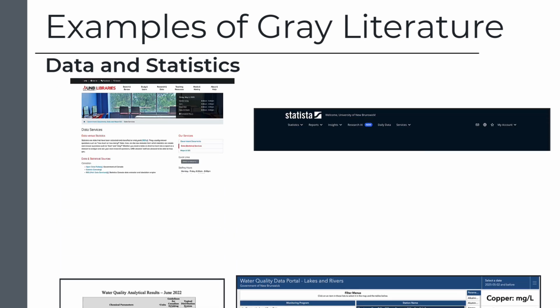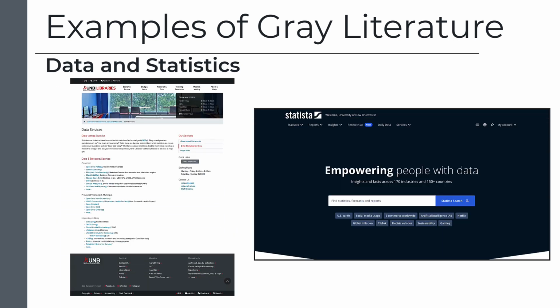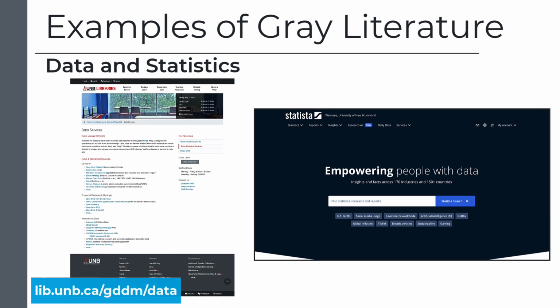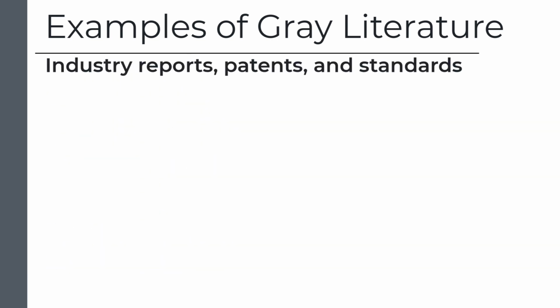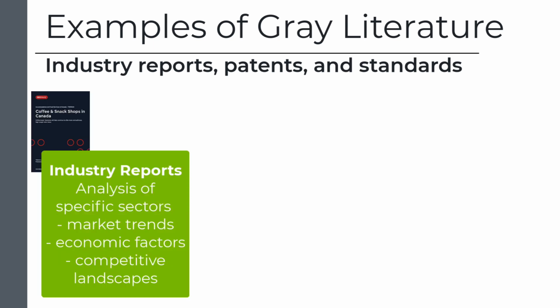Search for data and statistics on UNB Library's Data Services page and in Statista, a multidisciplinary database that aggregates statistics from different fields. Other types of gray literature that you may encounter include industry reports, patents, and standards. Industry reports are helpful within business research and can provide detailed analysis of specific sectors, including market trends, economic factors, and competitive